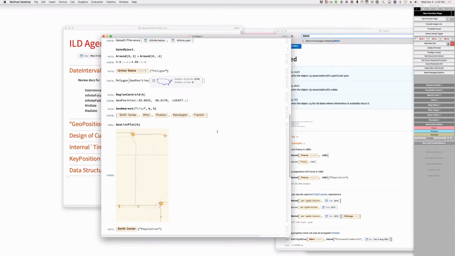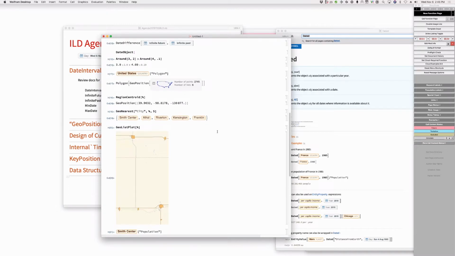Exactly. If you can project, for example, try to do GeoGrid position of that polygon, comma Mercator or comma Albers. This thing here? Yeah. That will project into the map. Comma, yeah, sample. So now we have that object, which knows the projection. Exactly. And now you can do that.